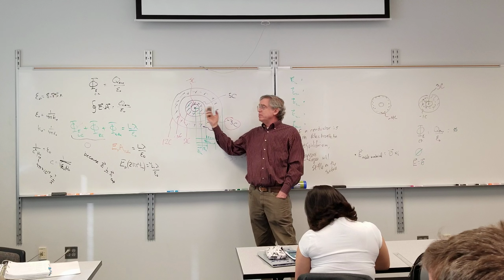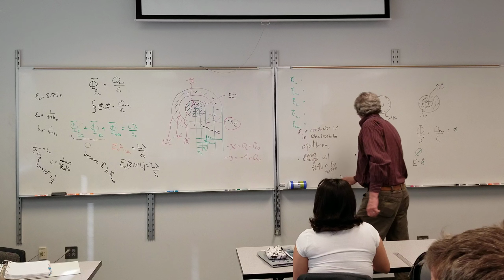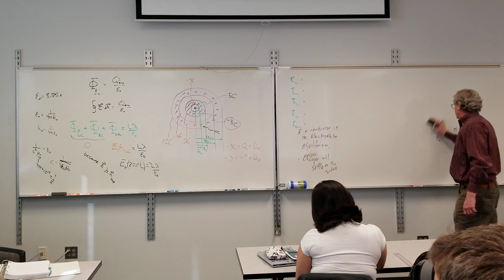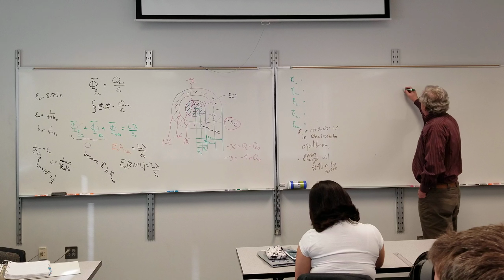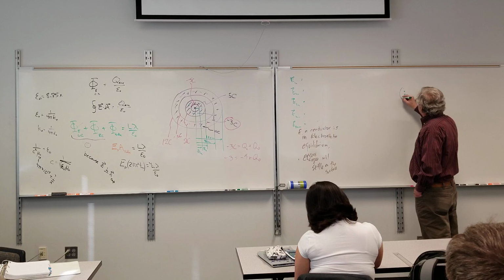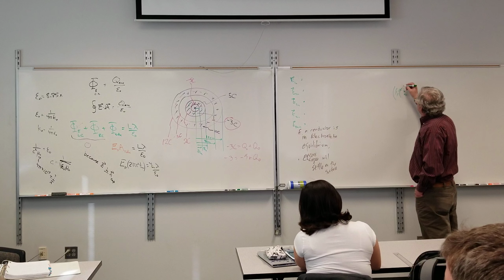All right, so at 1 centimeter, I know I've got this distribution of charge. Let's see if I can draw it slightly more neatly. So I have 5 coulombs there, I'll have -5 coulombs there. Then I've got